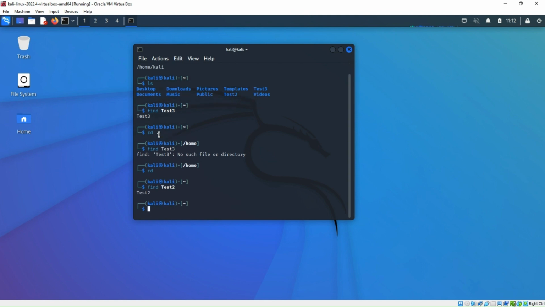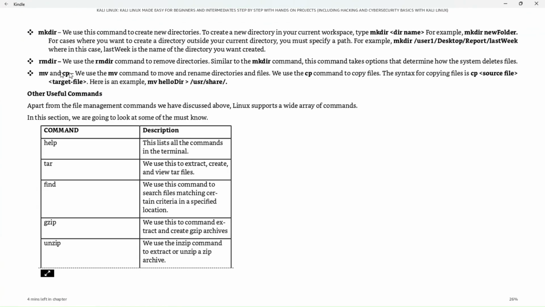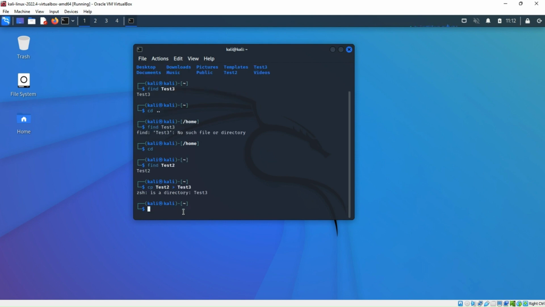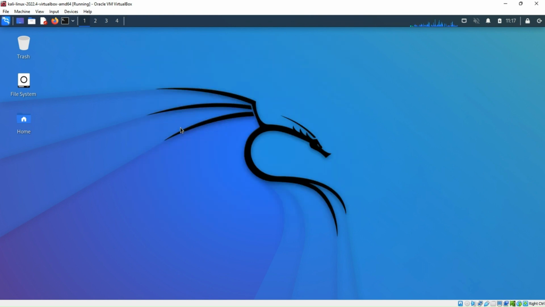Let's copy. See what it said. Copy to there. Maybe I was doing the wrong thing. But let's just move on because that's basic commands. I don't even know how to use them. But with practice and stuff,